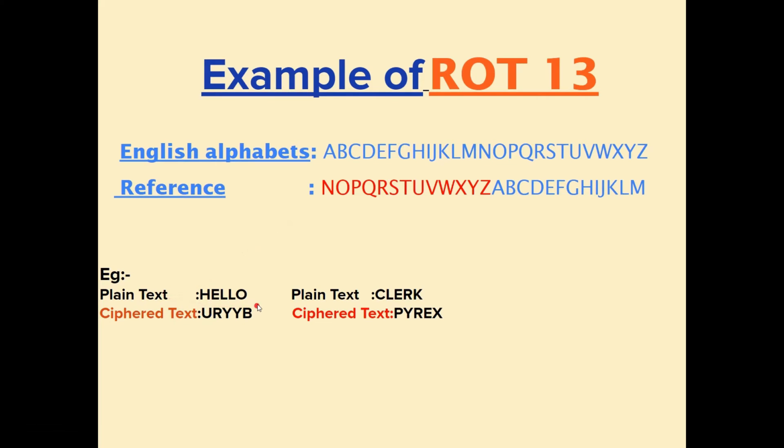Here we have the plain text hello, the infamous hello of the hello world that we use at the start of our programming. Nevertheless, hello. The first letter of hello is H. Now this ROT13 works on each and every letter present in a word. So we will take the first letter H and look up H in our reference table.